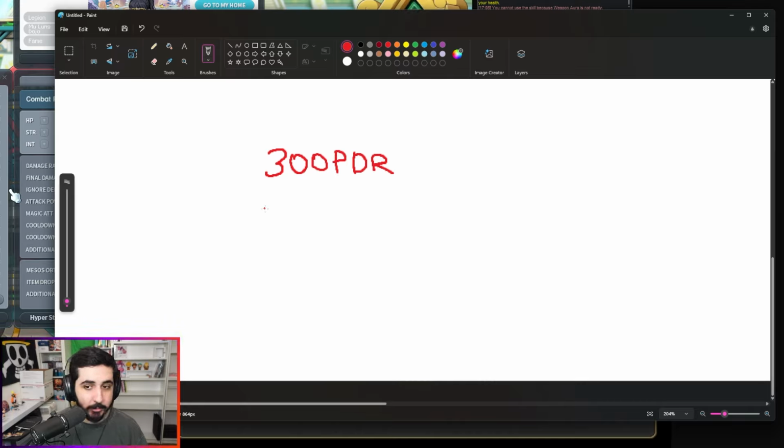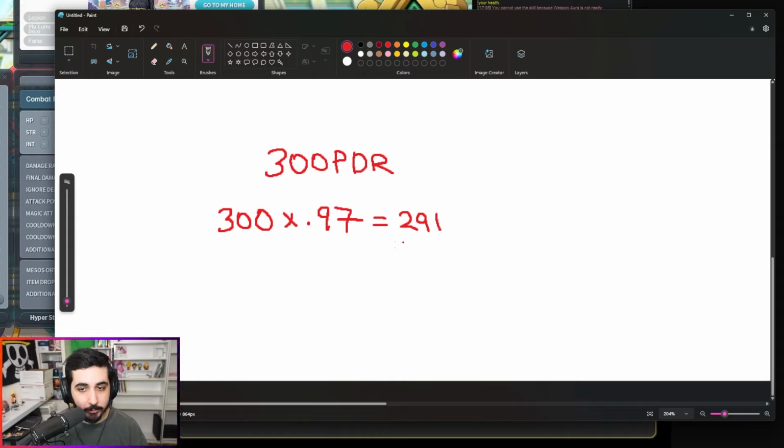Since I'm at 97% IED, you would do 300 times 0.97 because that's how much IED I have. And then you get 291. So that tells you how much defense is being shredded off of the boss. So instead of the boss having 300 PDR, because I have 97% IED, it's as if the boss has 9% PDR, and that's how much damage reduction I have only. So that means I would be doing 91% of my total damage output on the boss because I have 97